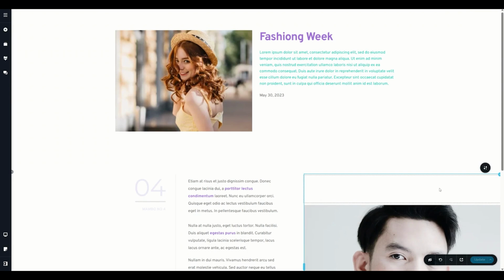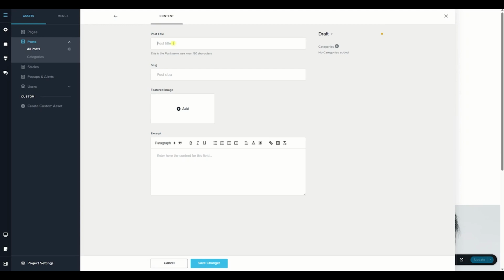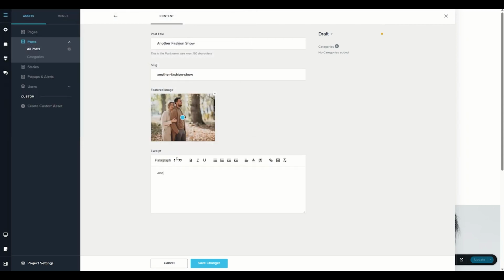To test this, let's go and create a second one. Go to the CMS dashboard, select add new post or duplicate the previous one and update here a post title, another fashion show, add a featured image, and add a second excerpt here. Let's publish it, save the changes,